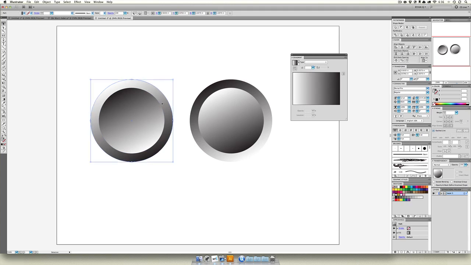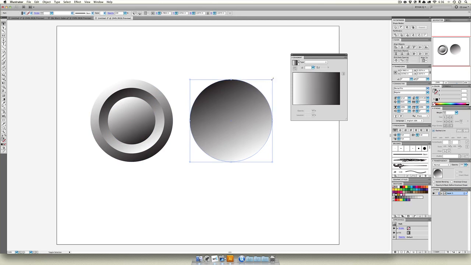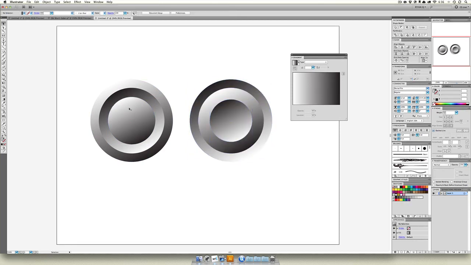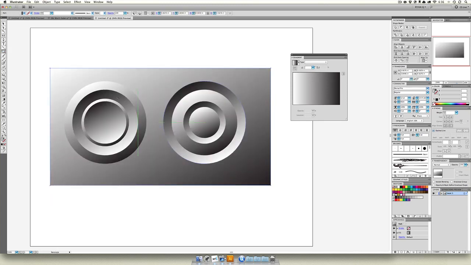And you can imagine that as these things get added to, they can just continuously grow in complexity until they really become something else. Something pretty fun. Take this one and put it over here. So gradients are a very powerful way to very quickly build advanced stuff in Illustrator and take coloring and shading